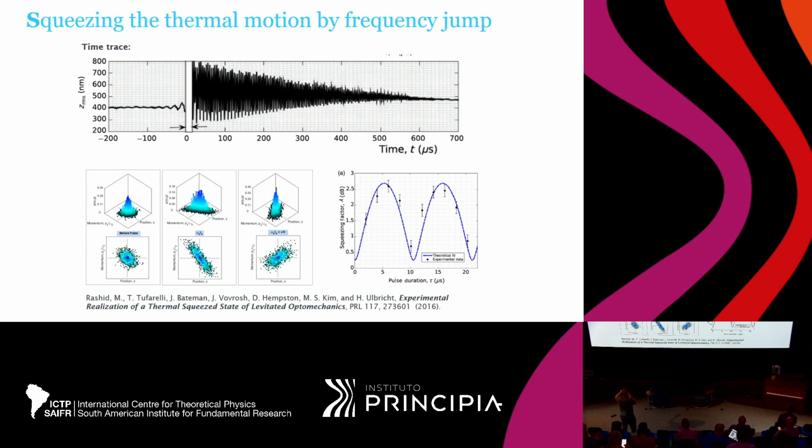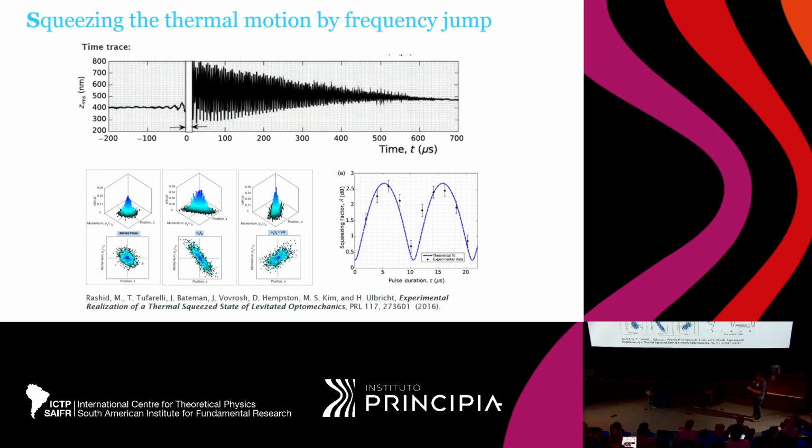If you do this, you can see the following thing here at the bottom of this slide. You start initially with an experimental circular, or spherical, distribution. So a thermal state, which is, I have to say, not the minimum uncertainty state. So calling it squeezing is pushing it a little bit. It's what is typically called in quantum optics squashing. So you have a thermal state, and you do an operation which affects the shape of the state without changing the energy of the state. Here is what happens after the pulse: the initially almost circular distribution turns into an elliptic one,